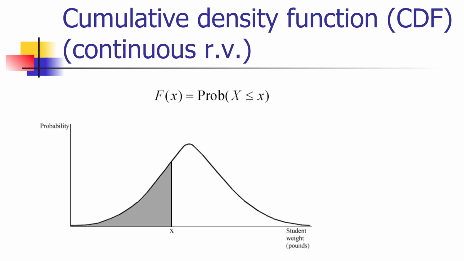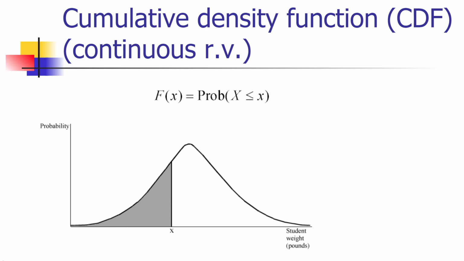The same concept applies when we talk about a continuous random variable. We're measuring the probability of being less than or equal to that threshold value represented by a lowercase x here. If we assume that student weight is normally distributed and it follows this bell-shaped curve here, the probability of being less than or equal to a value of x is just the area under the curve to the left of that point. That's something that you worked on in your introductory statistics class using either a standard normal table or a standard normal calculator, which lets you calculate the probability that a normal variate will be less than or equal to any threshold.